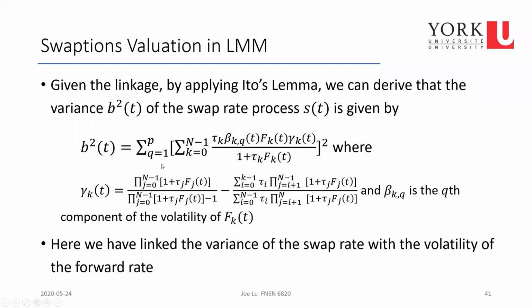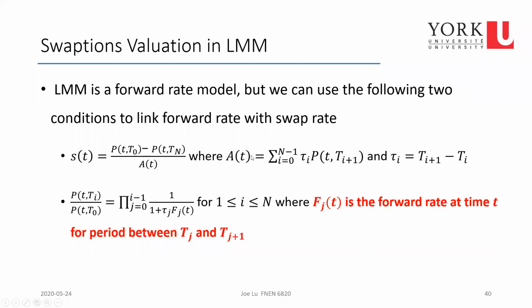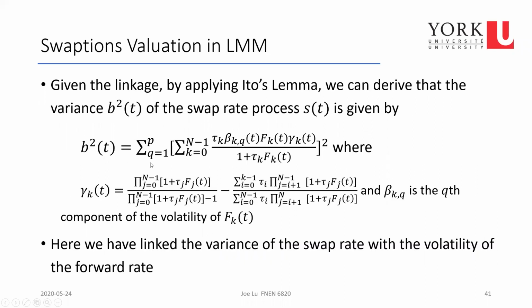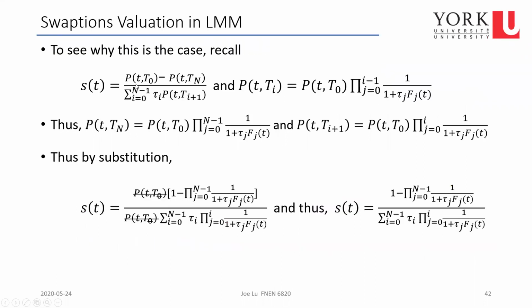And we do this by exploring this condition that we have seen earlier. Here, basically, the B square is linked to the volatility of the forward rate. This beta term is really the beta K. Q is really Q's component of volatility of this FK here. Now, if we start with this, so this swap rate